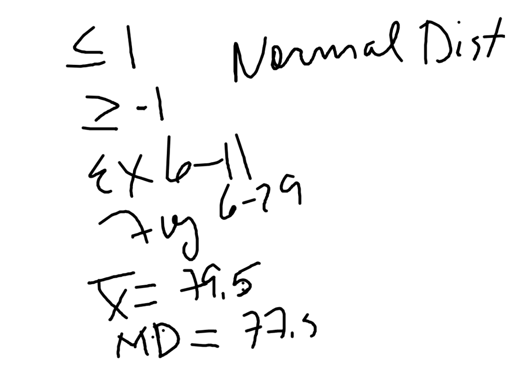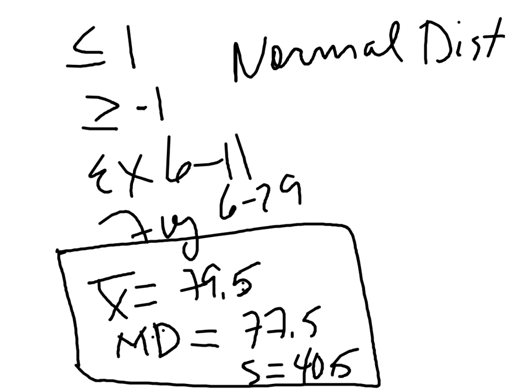Remember, these have all been calculated for us, and they're giving us the fact that the standard deviation is 40.5. So this would be like our data box here. Okay, so what we're going to do is stick those into the formula they gave us on the bottom of page 334, and if we get a value that lies inclusive between 1 and -1,